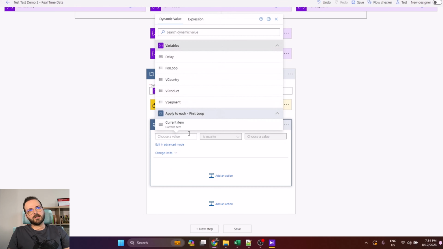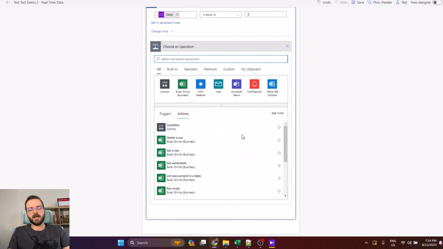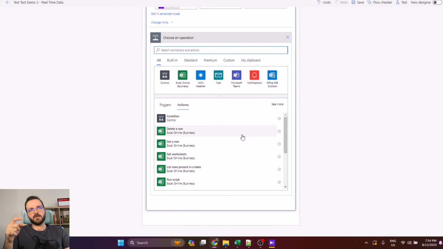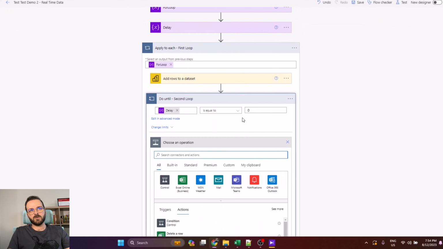Do until I want to say, okay, we'll use the delay variable, and when it's 0, exit the loop. Let me rename that as a second loop. And then inside that, I want to take one and reduce the amount of that, because it's 1. I want to go through this loop, reduce the 1, take the 1 from that variable, and that will be 0, and then it will stop the loop, exit the loop and go to the next